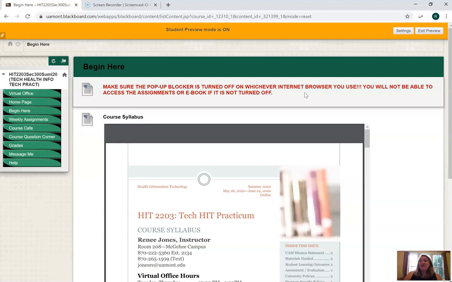So Safari, Google Chrome, Firefox I think actually gives the best results most of the time, although I'm a Chrome girl, so that's what I use most of the time. But if you don't know how to turn your blocker off on whichever internet browser you're using, Google it, and it should give you step-by-step instructions on how to do that.